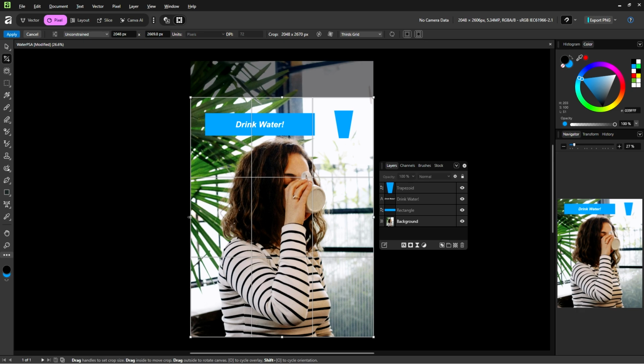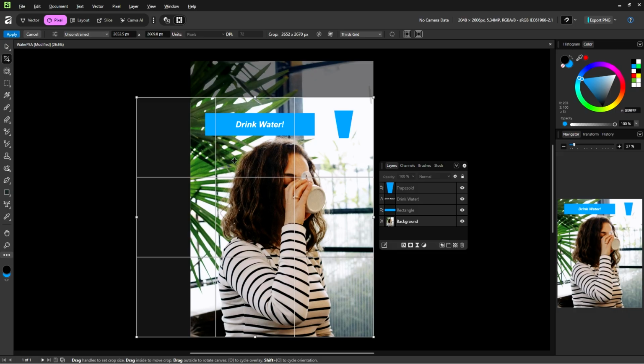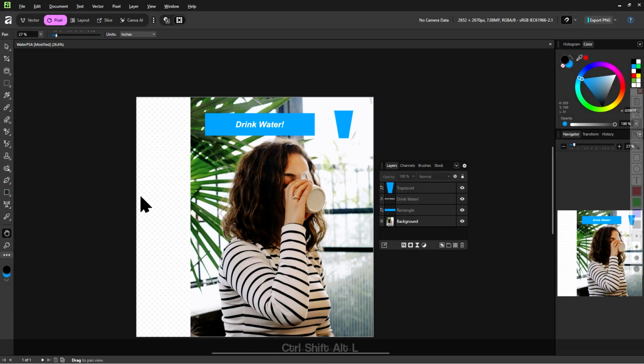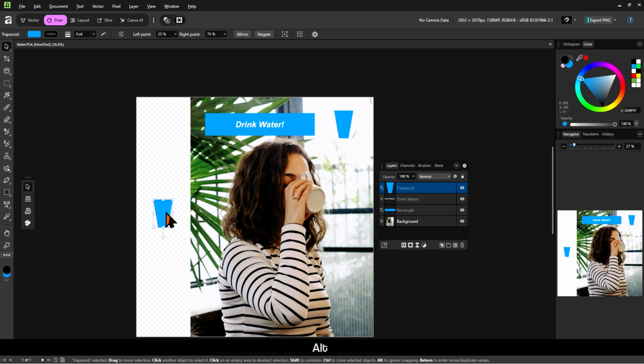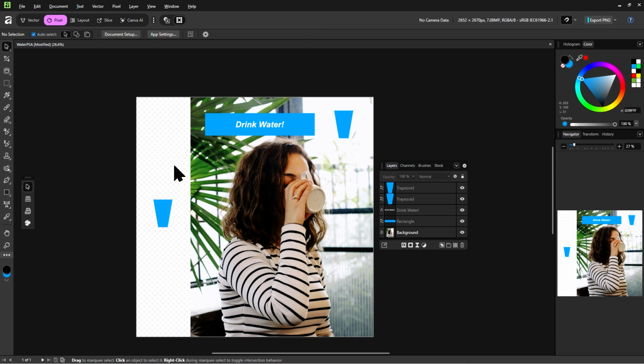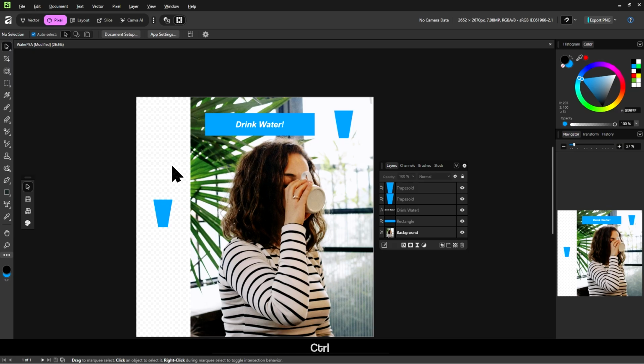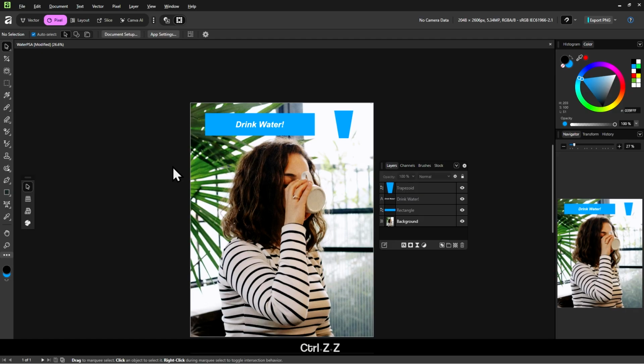Oh, and you can even drag outside the canvas to get more canvas space in case your canvas is actually too small. Let's apply to see what happens. Now we have this area that's just blank with nothing in it. We can place anything that we want in it, like maybe placing another cup of water. Yep, we can totally do that. But I think I'll stick to what we had earlier. I'll hit Ctrl+Z to undo until we are back here.